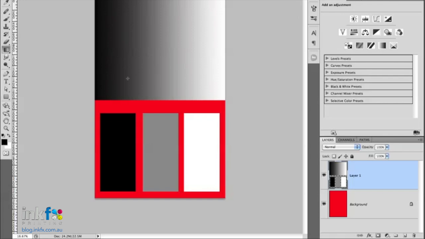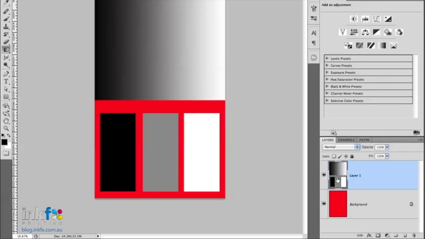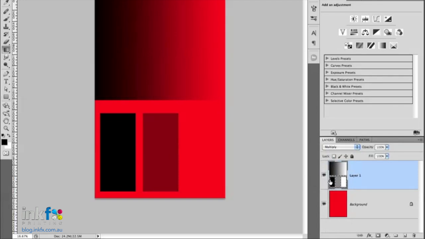Okay, so here's my little sample image here. You can see I've got just a plain red background, and I've got this sample image in black and white on top. So I've got a gradient there, I've got a solid black, a 50% neutral grey there, and a white, pure as the driven snow. Okay, so there's my colors. Now what I'm going to do is just change it to multiply mode,